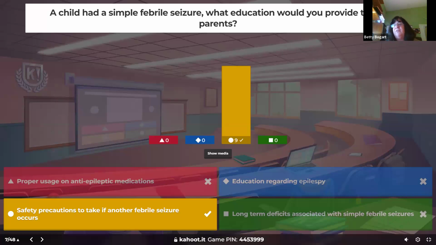Seizures, all the nursing care we have during a seizure is safety. Safety, safety. Turn them on their side. Clean the bed or wherever they are, free from anything sharp. Put the head of the bed down. Have suction at the bedside, side rails up, and just monitor the time. And of course, you're going to call for help if you're in the hospital, but the time and what the seizure looked like. So safety, safety is what we teach.